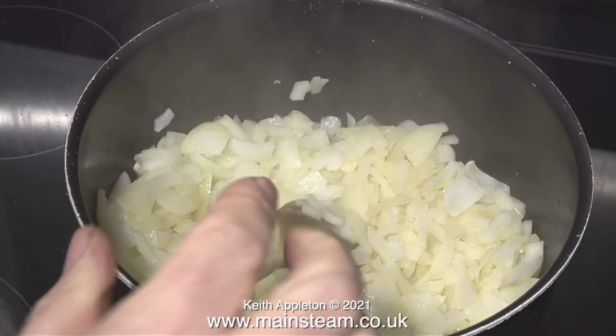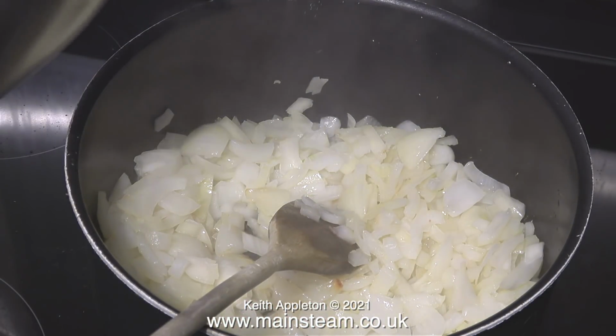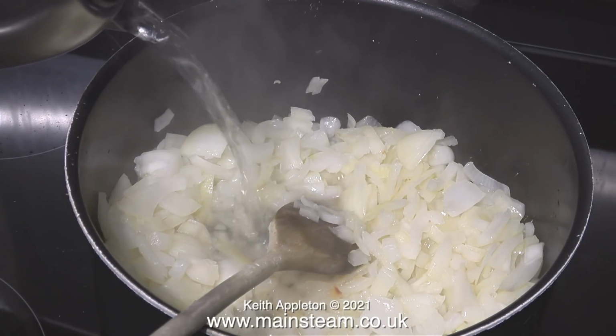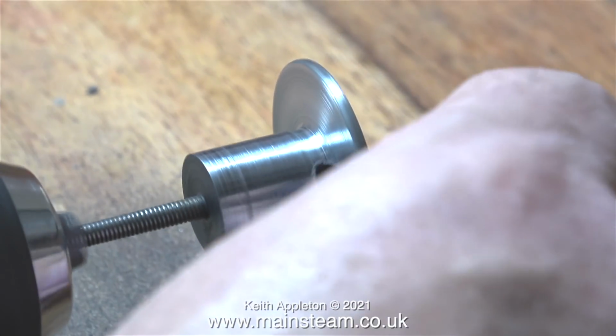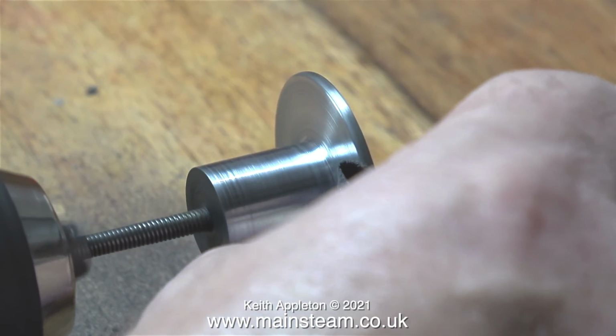With the help of a small amount of cooking oil, the chopped onions are sizzling in the pan. I don't like my curries to be too greasy, so I've only used a very small amount of cooking oil. Most of the cooking of the onions is done in water. And while the onions are boiling away on the cooker, I think it's a good time to clean up the